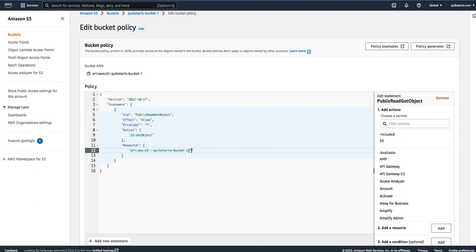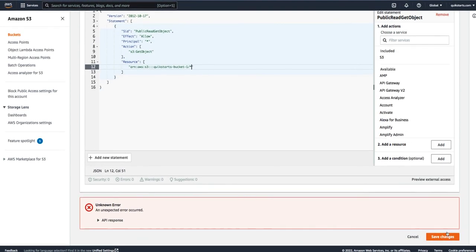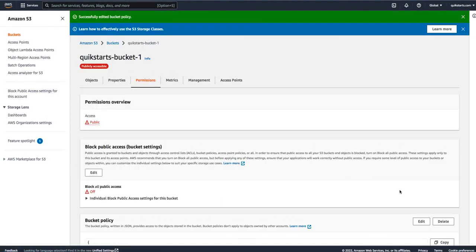Okay? Anything that is in this bucket is what the asterisk is for. And the / basically tells the URL or the browser to point to the actual directory, right? Which is the root of the bucket itself. So let's hit save changes. Okay, and voila. What we have here now is you'll see an indication that this quick starts bucket 1 is